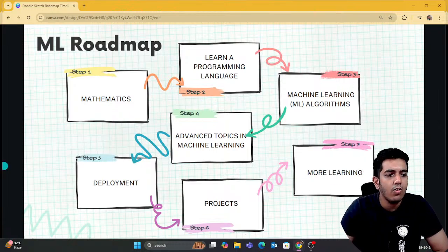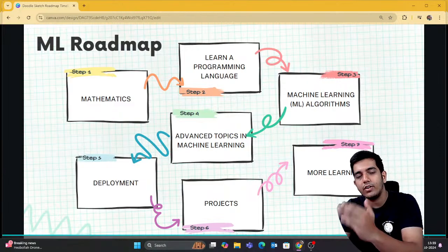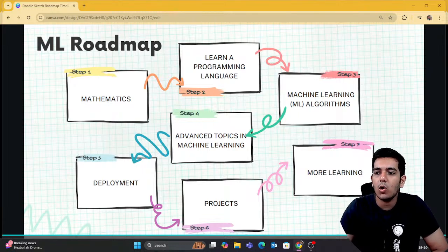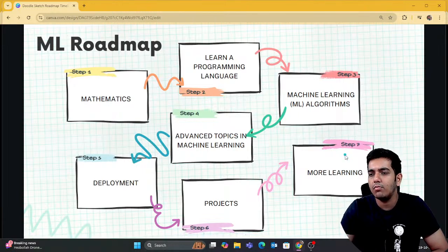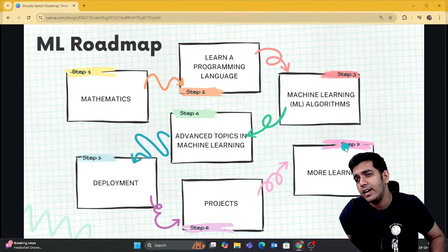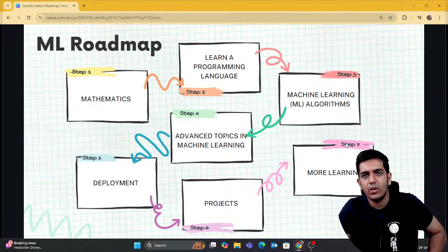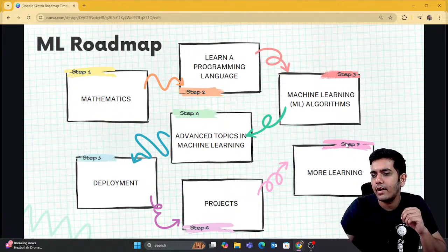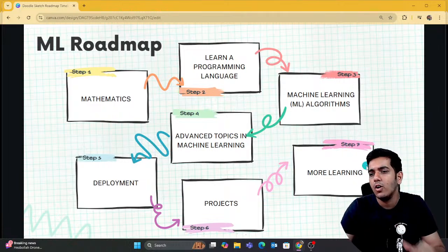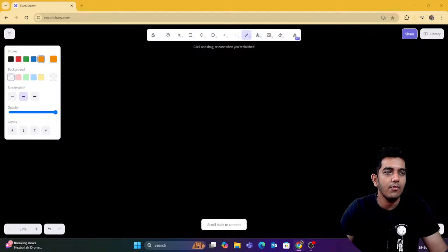Now you have learned this much, so it's totally up to you how much you're going to scale from here. But if I talk about general salary in India, it's around 10 to 15 lakh per year, as far as I know, for machine learning and AI. So this is it. Now, guys, we're going to talk about each of them one by one. I'm going to write each of them one by one.